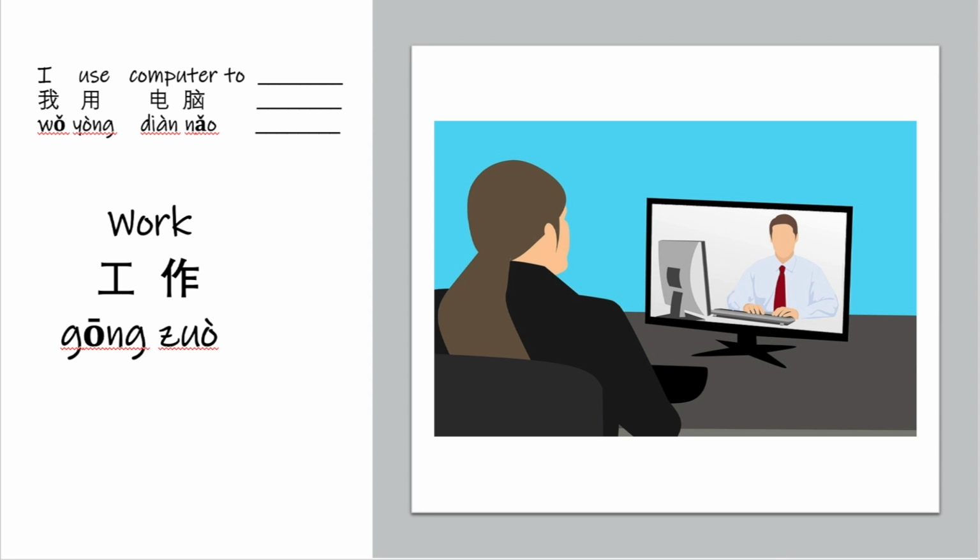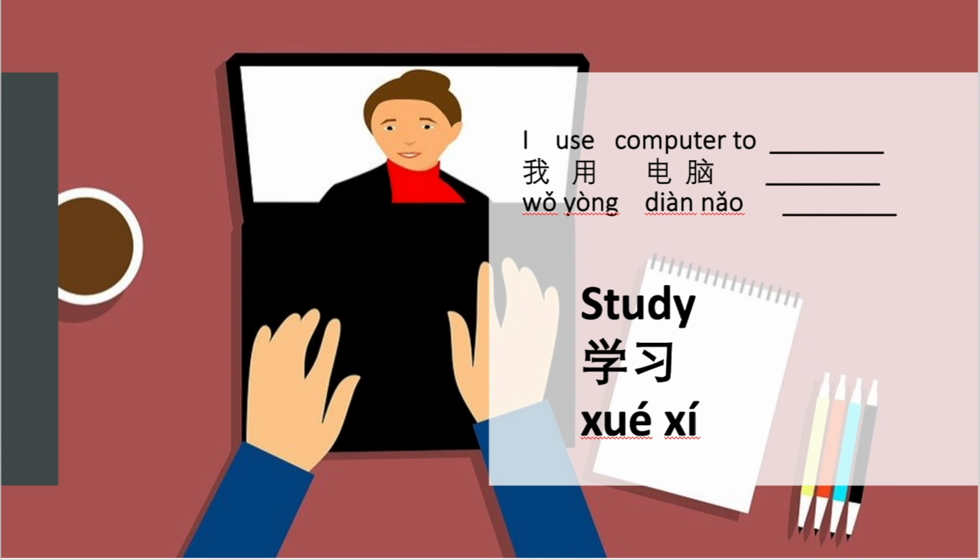without a computer. Truly, my job is literally to stare at a computer for 8 hours every day. To say the word to work in Chinese, it's 工作。To say I use computers to work, you can say 我用电脑工作。